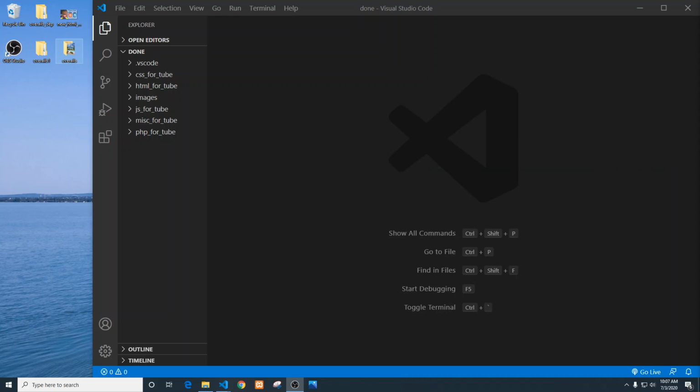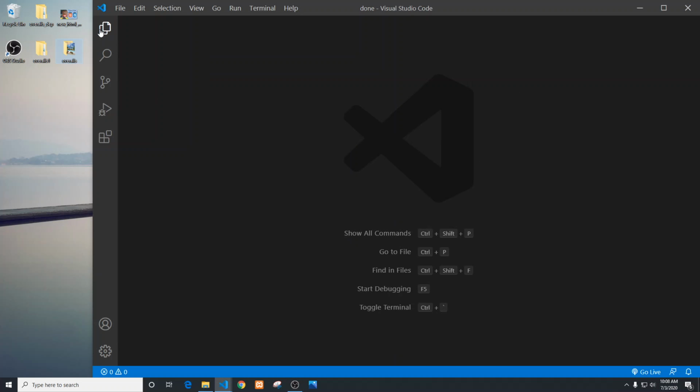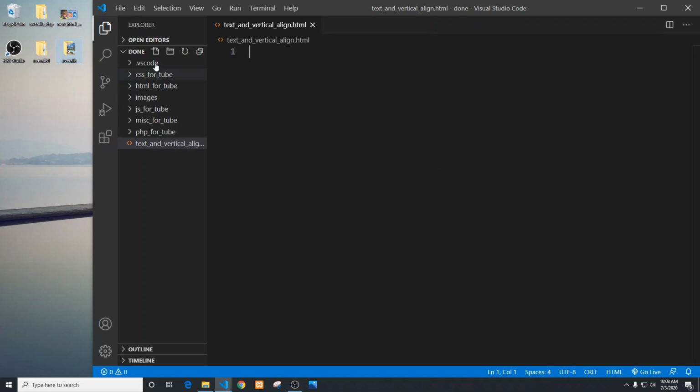All right, so we're gonna go on ahead and create two files. And since we're working with the text align, let's go on ahead and actually create the actual file. We're gonna call it just exactly what we're working with. So we're working with the text and vertical align properties. And there's my file. And I'm going to name the same thing for these styles: text and vertical align